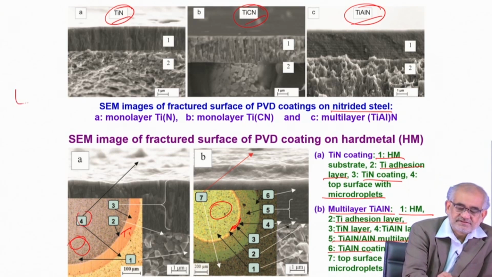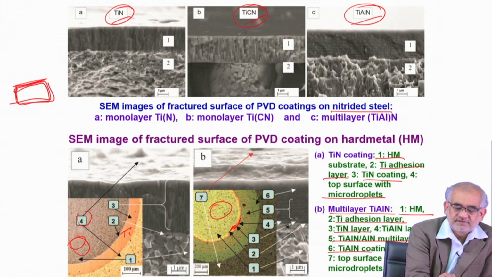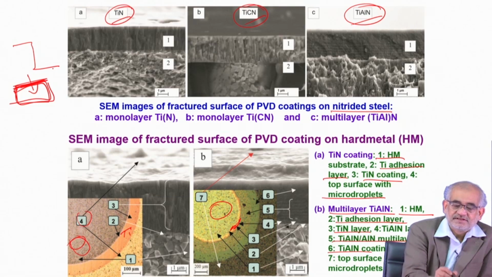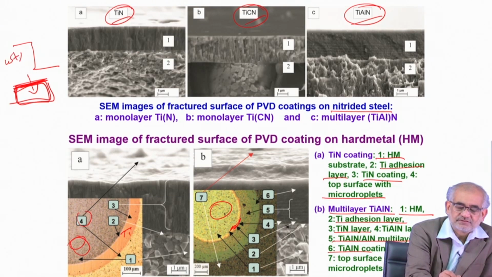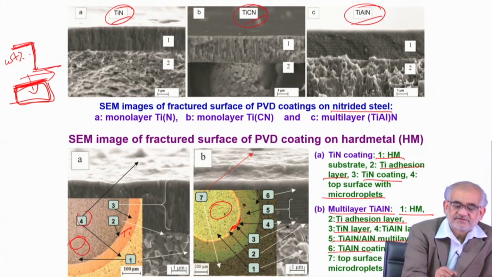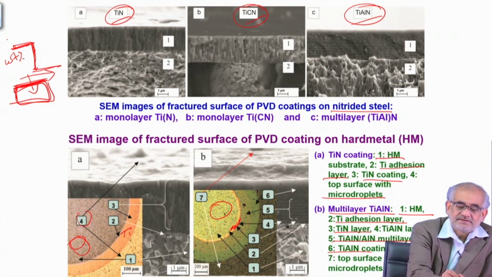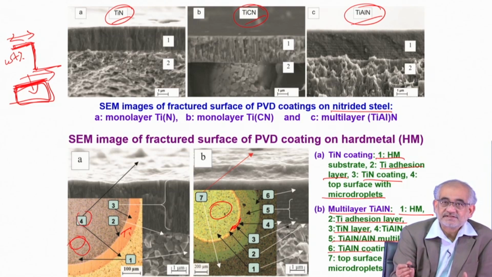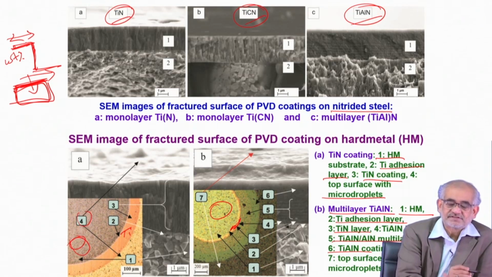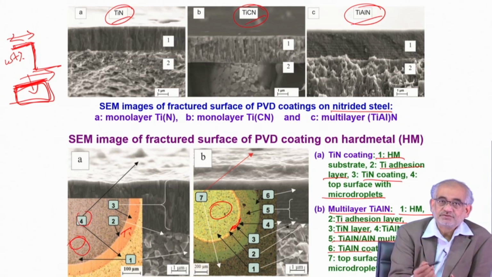In other words, if this is the substrate that we want to coat, and this is the film that we have created, if you go across the coating substrate interface, you see if this is the composition, and this is the distance. So the coating will have one composition and the substrate will have another, and the interface is fairly sharp. Now because of this sharp interface, you cannot afford to make the thickness of the coating very large, because in that case you build up a very high amount of stress at the coating substrate interface,